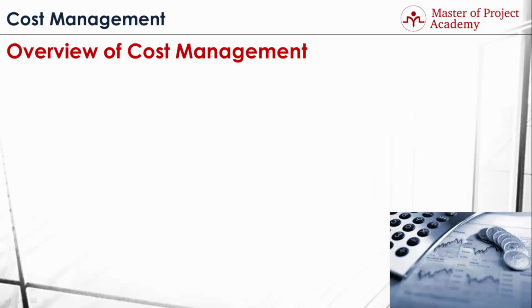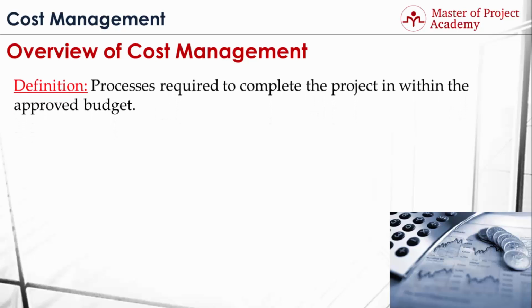Overview of cost management. Cost management includes processes required to complete the project within the approved budget. With its processes, Cost Management Knowledge Area aims to determine the required budget to complete the project, and then aims to monitor and control the project costs to meet the determined budget. Major output of the Cost Management Knowledge Area is